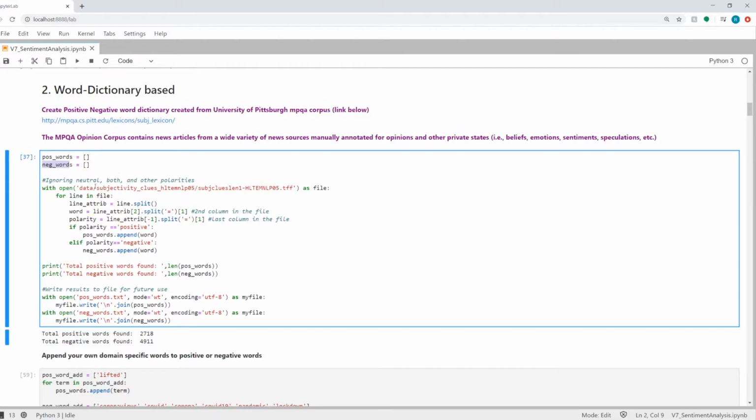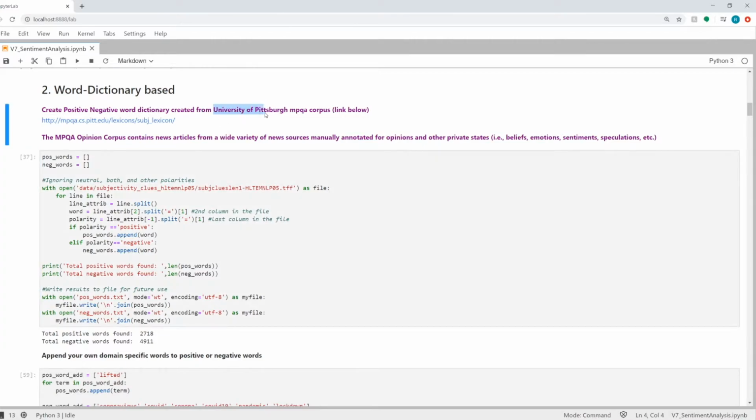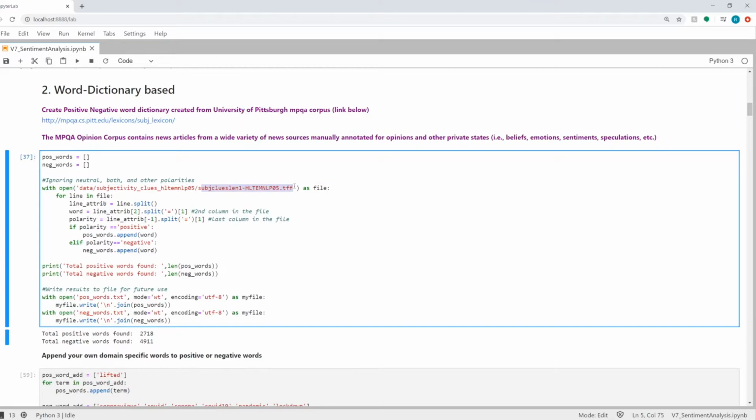The dictionary that I am using, I have downloaded from the University of Pittsburgh MPQA corpus. The link is over here. And this corpus contains a TFF file in which you have polarity described for each word. So I parsed this file in this